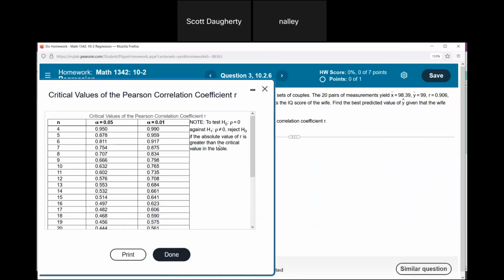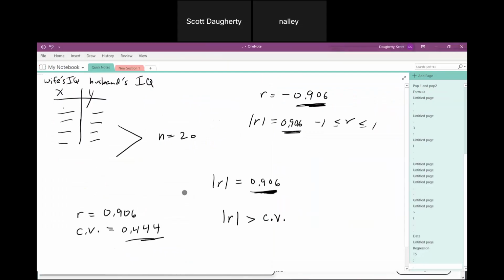And according to the table, if the absolute value of R is greater, then you reject the null hypothesis, right? Reject null if the absolute value of R is greater than the critical value. And that's exactly what's happening. Okay, so we're going to reject the null hypothesis,